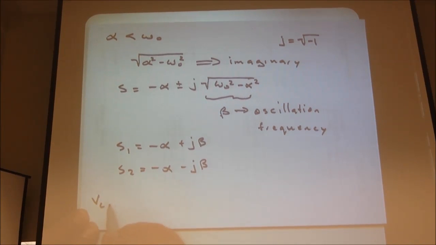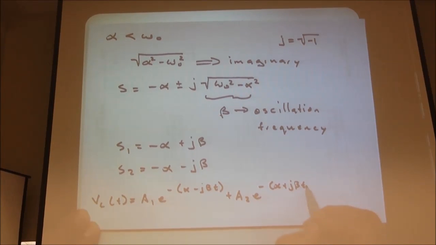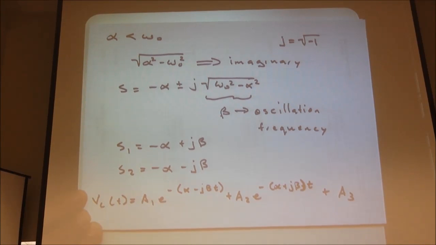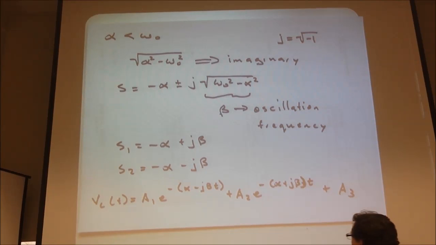We still have v of t equals an A1 e to the minus alpha minus j beta t plus an A2 e to the minus alpha plus j beta t plus an A3 if it's a DC term. Again, this depends on the particular solution. If we're looking at step function sources, it's just a constant. And this is